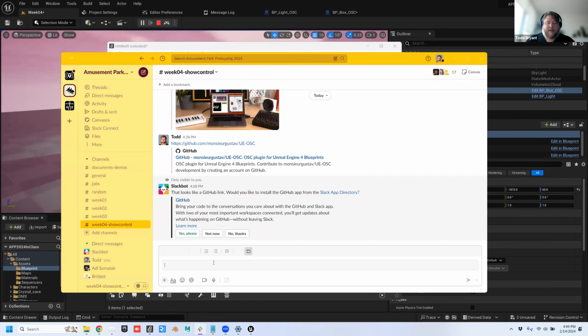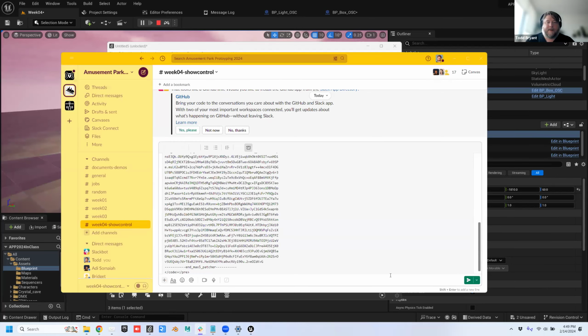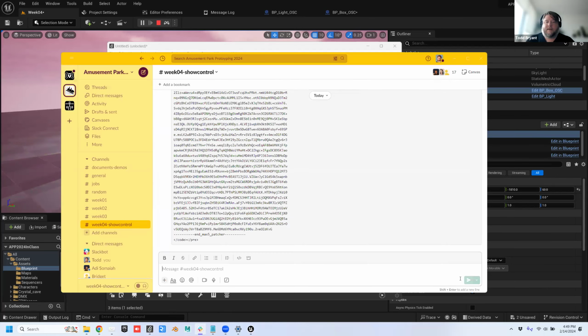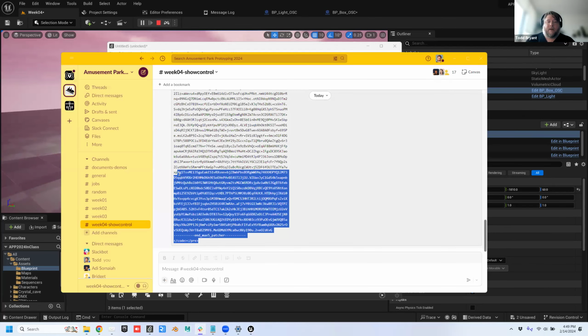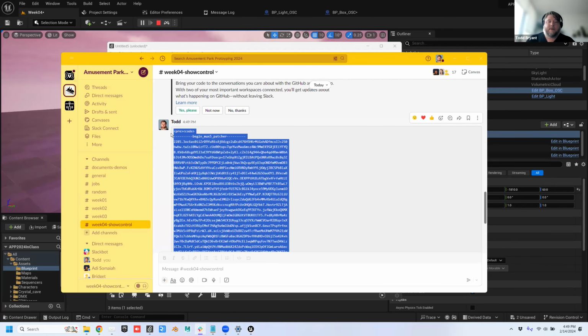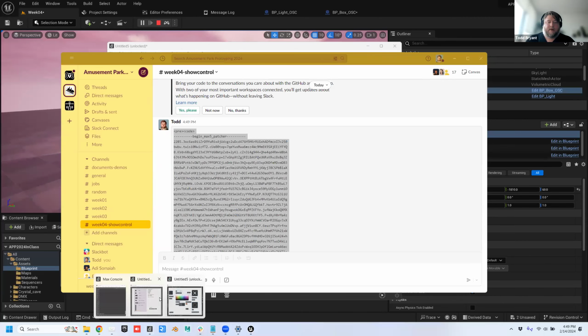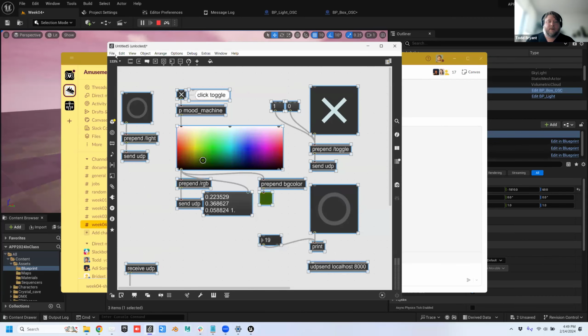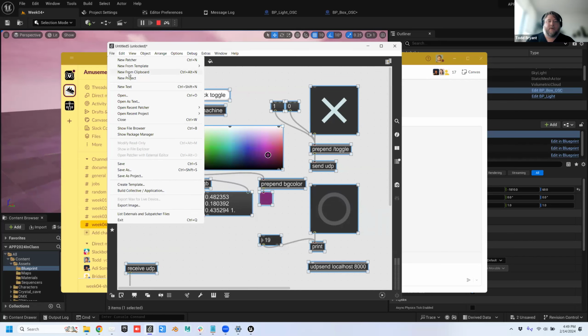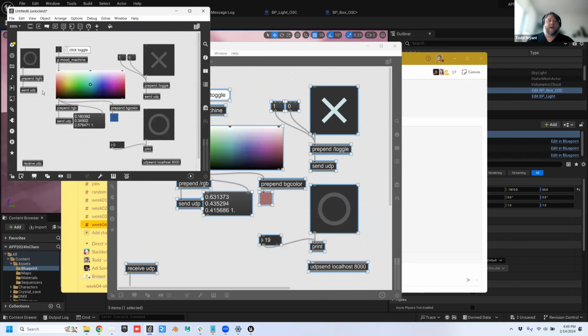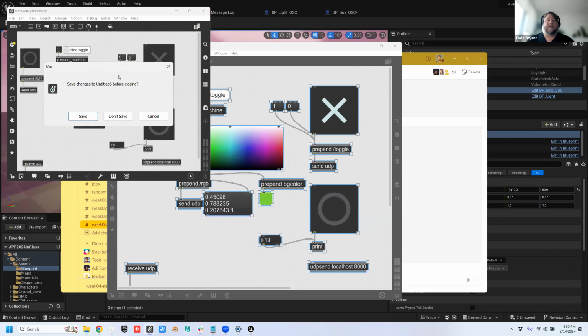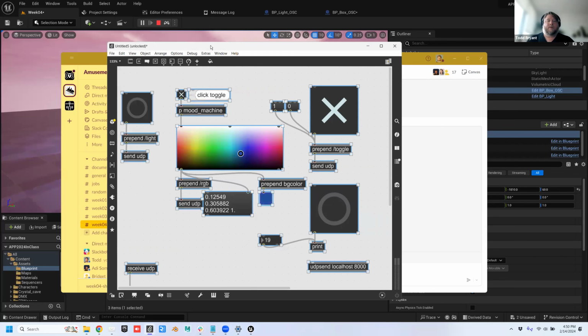How do I do that? Like this. There you go. And hit send. Now you folks can take all this, copy it, go to Max, say new from clipboard, and you'll have what I just made. When you lock it, it should already be connected to